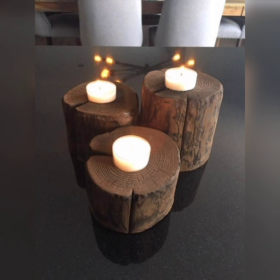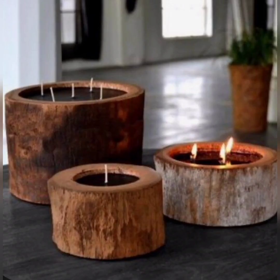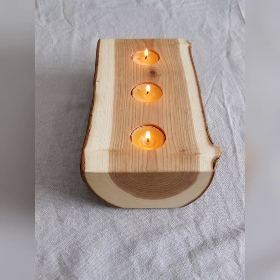Together, we will explore the artistry of woodworking, the calming presence of candlelight, and the satisfaction of creating something beautiful with your own hands. So, whether you are looking for inspiration, guidance, or simply a soothing escape into the world